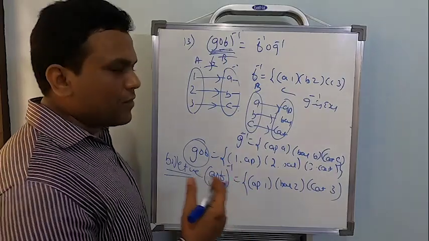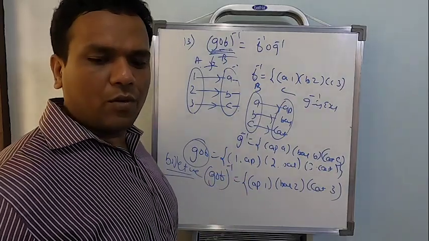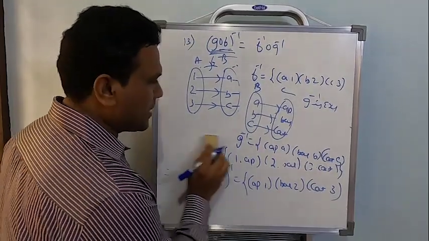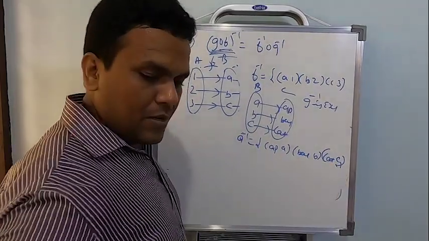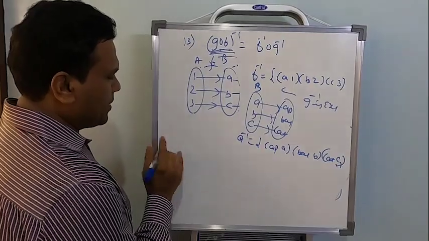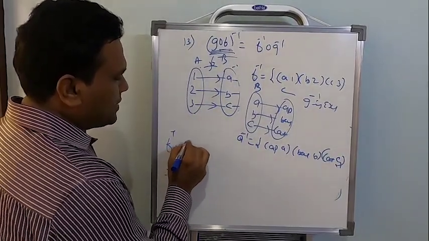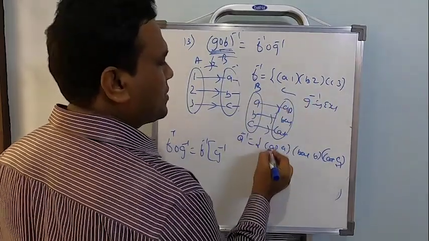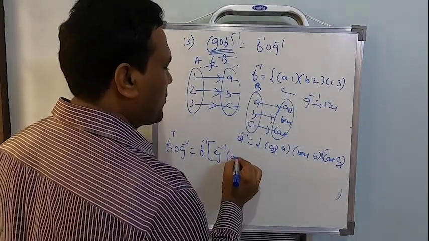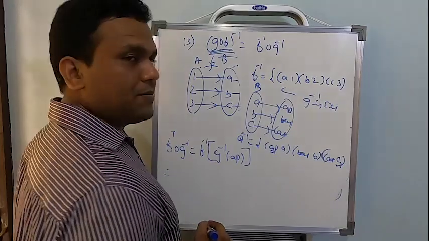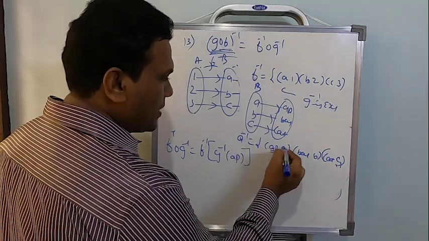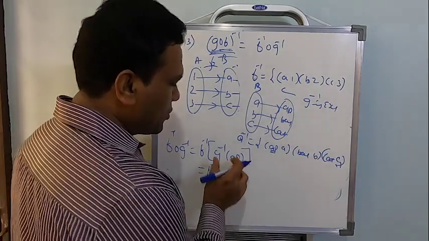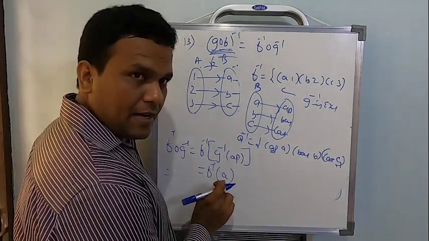Okay, we got f inverse and g inverse. We have to compose these two now. See, g of f inverse is this. Remember, this I will need it later. So when I want to find f inverse of g inverse, in g inverse the first element is apple. So let me consider, apple is related to what? Apple is related to a. Fine. So g inverse of apple will be replaced by a.